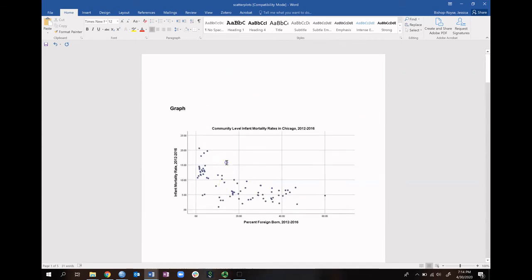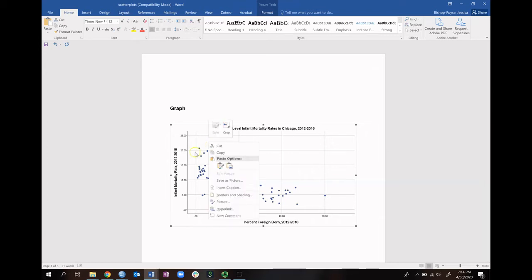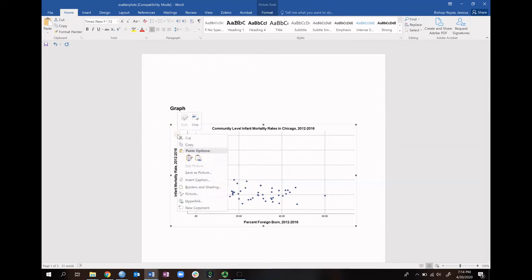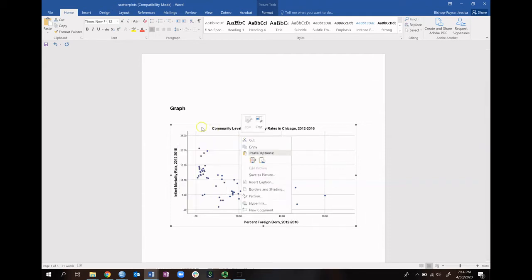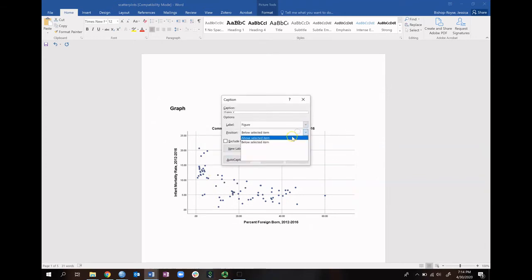Now, for figures and tables, one of the things that we're going to need to do is apply a caption. And the best way to do it is by clicking on the figure or the image and just going right click and insert caption. And here we want all of them to go above the figure or the table. Since this is a figure, we'll go figure, but if it were a table, we'd call it table. And then here we're going to call it figure 1, and then whatever is in this scatter plot. So in this case, this is scatter plot of infant mortality and percent foreign born